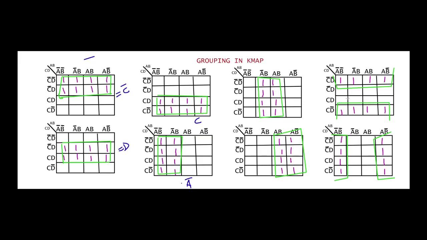Now here you have 4 ones here and you have 4 ones here. So we can consider these 4 ones and these 4 ones to be a single group, as they are at the edge of a K-map. So the rule is that we can group the ones horizontally or vertically, no diagonal grouping. So there are 4 ones horizontally here and here, so we are just grouping it to be a single group.